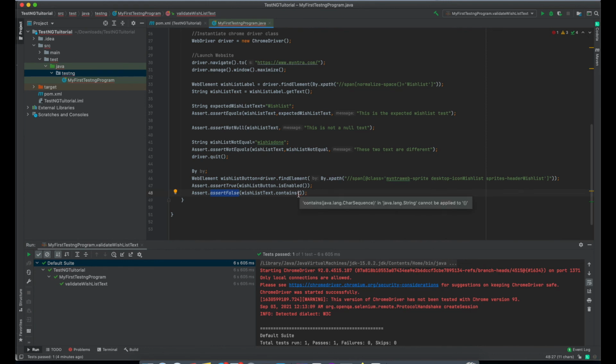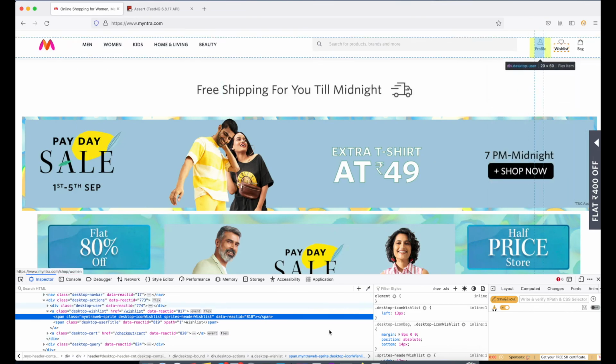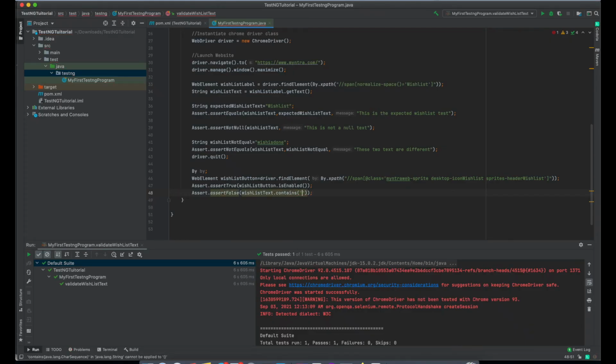Let us see what we can assert. We can assert that this does not have a profile text. So for that we can just write profile, and we can also write the message. The message can be: it does not contain profile text. So now let us run these things.